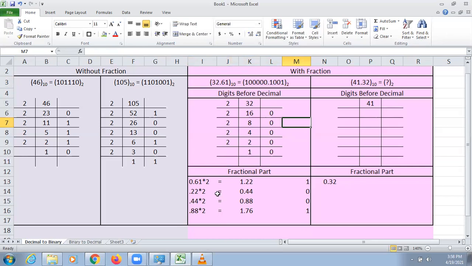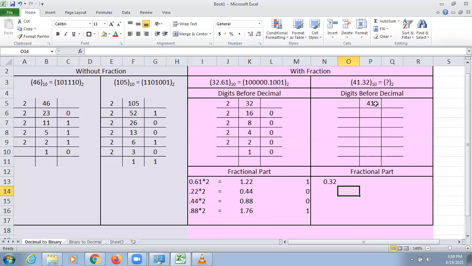So this is the binary conversion of 62.61. We can stop after 4 places, or even before four numbers, if we are getting 0 here, or we are getting the same number from where we have started, that is 0.61, then also you can stop. Suppose I multiply 0.44 into 2 and I get 0.61, then I can stop here after 3 places also. So it totally depends upon what number you are getting. If you are not getting the same number, then you can stop after 4 places.